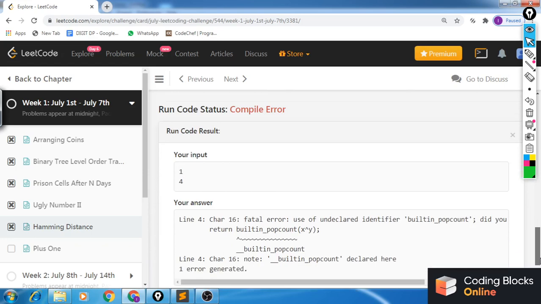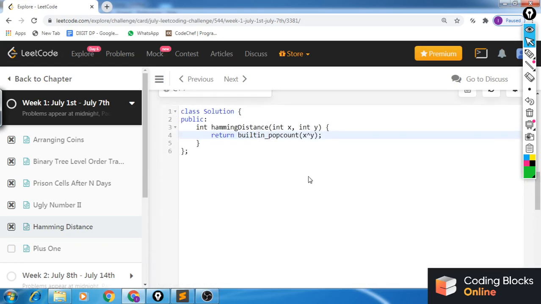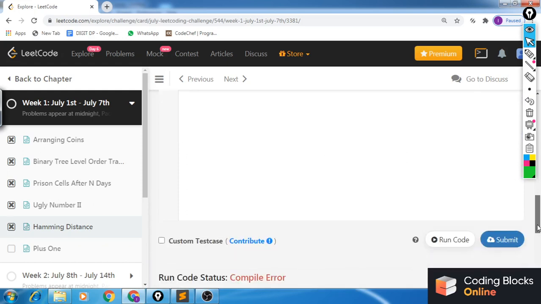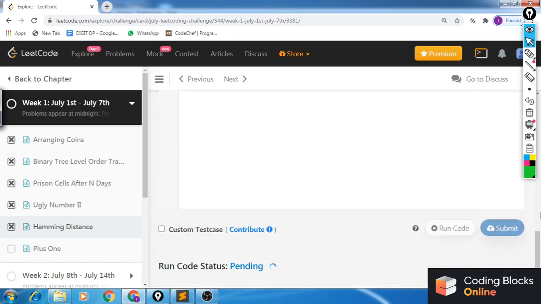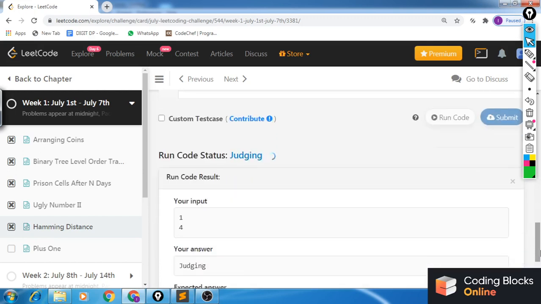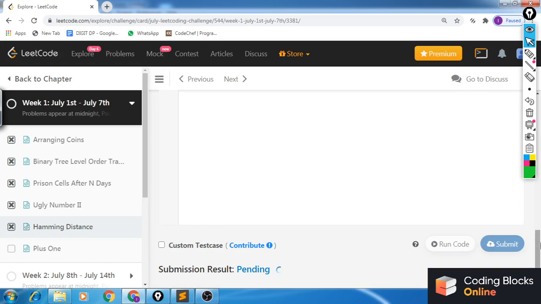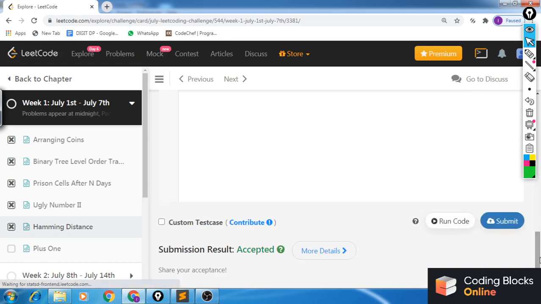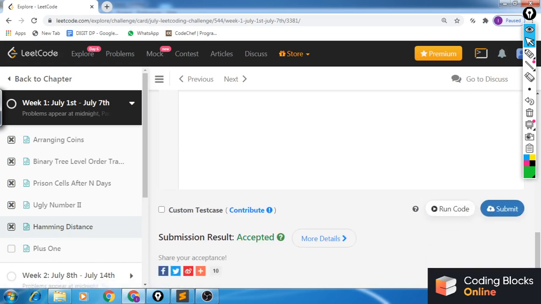Alright, I've made a mistake. It's underscore built-in pop count. Yeah, you can see that the sample ran successfully and the solution got an accepted verdict.